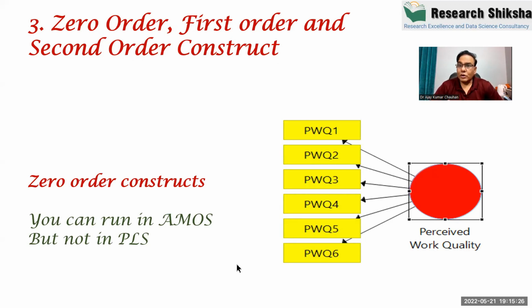Now I am telling you a concept which I know 90% of people don't have clarity on: the order of the construct. Even I was confused for many years on this. So now we are going to discuss zero order, first order, and second order constructs. How do we define whether the construct is zero order, first order or second order? A single construct is always zero order. Remember that the single construct